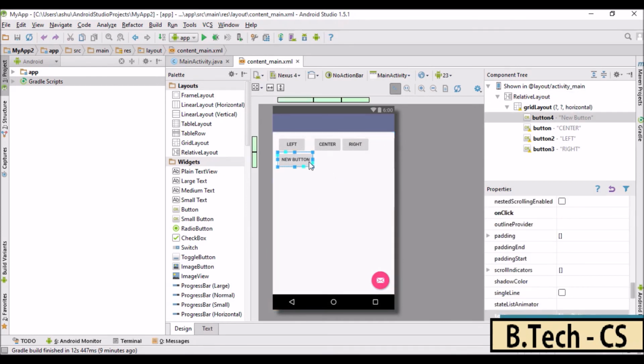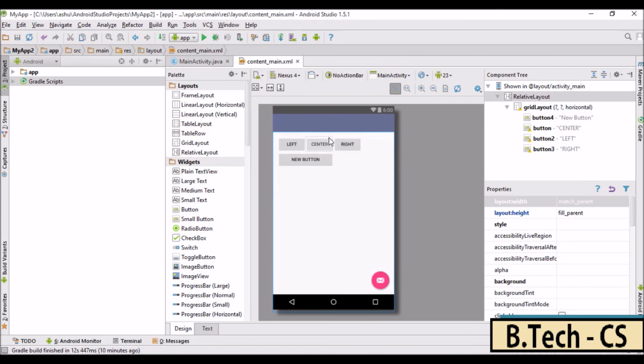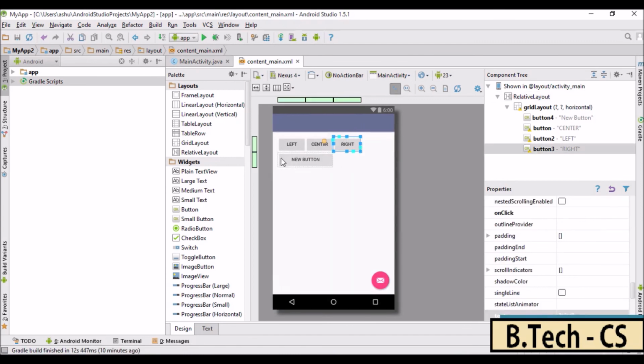And also one more thing which I wanted to mention here is that if you want a particular button to span the entire row, then you could do so by just dragging the button and dropping it like this. Now in this case we have increased the span. Once this is done, the next thing we do is select this edge, then drag it up to the point where we want, and then we could just drop it over here. And you could also do the same with spanning the button to a particular column.